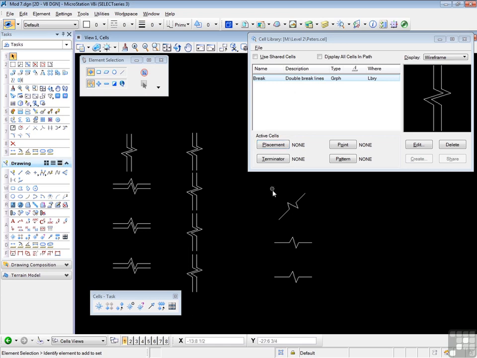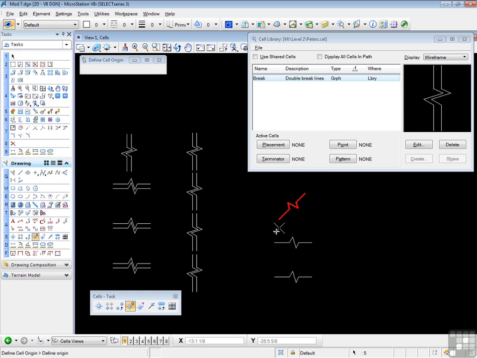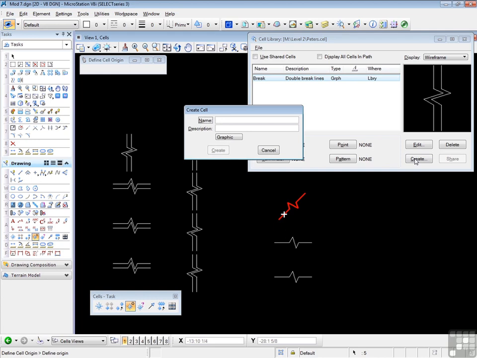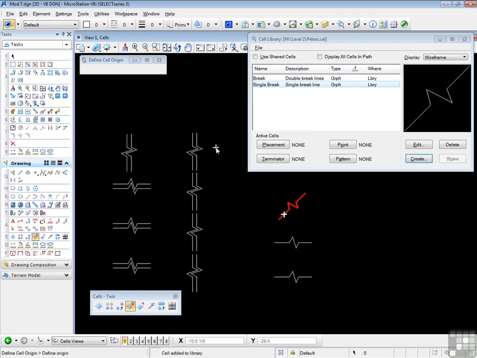Now I can redefine this cell again. So I'll select it, apply the origin, and the Create button automatically becomes available. Click on Create. We'll give this a name. It has to be the same name in this case, so it will be single break. The description is not as important, but I will stick it in there anyway. And we'll create. Now we have our cell back again with the new definition in the drawing,